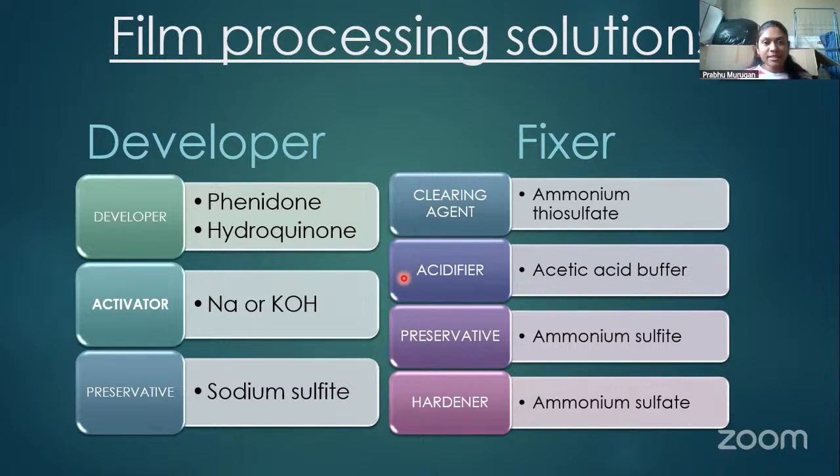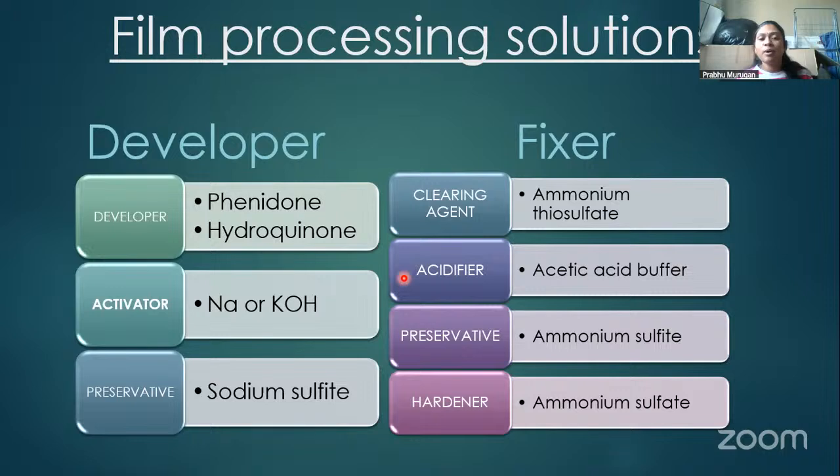Second thing, I told you it is an acidic solution, right? So you need a buffer, that is your acetic acid buffer. The preservative for that particular solution is ammonium sulfate. Remember, there is sodium sulfate, here it is ammonium sulfate. Okay, then your hardener. The reason why you need a hardener when it comes to a fixer is, now after